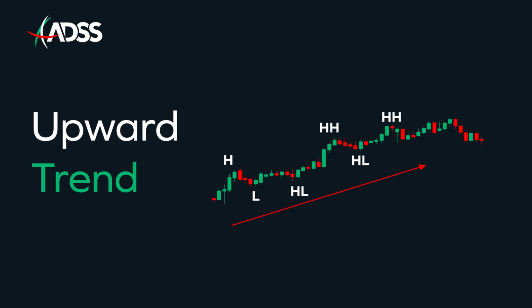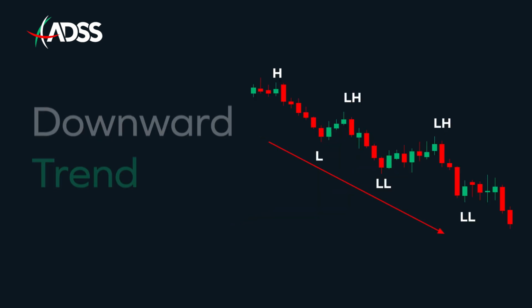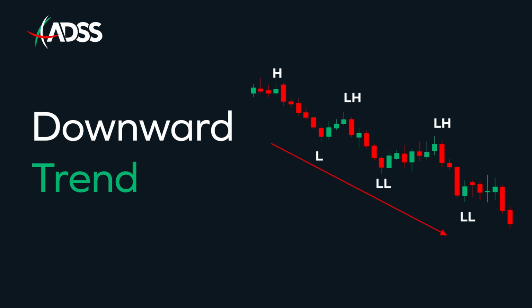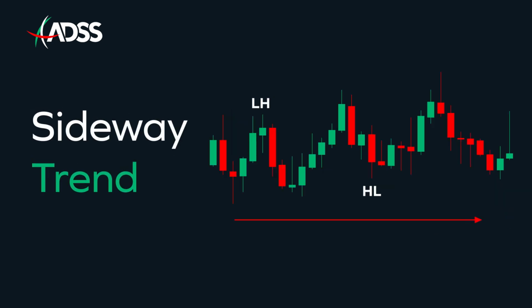Reversal patterns emerge following a clear trading trend and signal the potential reversal of this trend under specific conditions. There are three primary market trends: the downward trend, the upward trend, and the sideways trend. An upward trend forms as the price forms higher highs with higher lows. Bulls are in charge. A downward trend forms as the price forms lower lows with lower highs. Bears are in charge. A sideways move forms as the price forms lower highs with higher lows, and here no